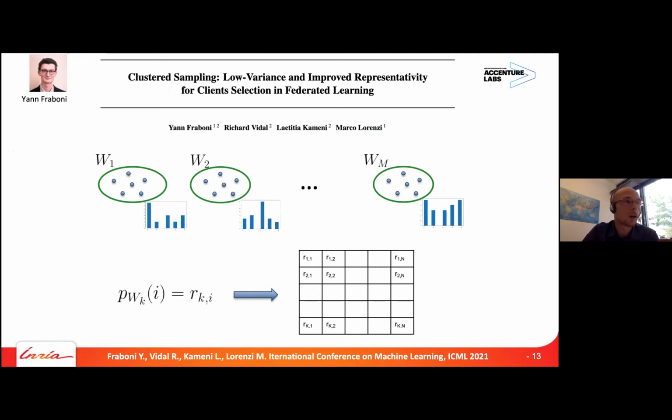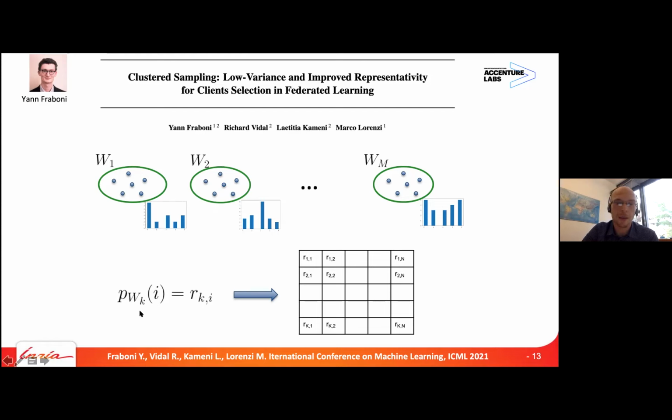The idea is that instead of sampling M clients with replacement according to this multinomial distribution, we define M different distributions, and we select the clients each time based on one of these distributions. So we sample M times, but every time we change the base distribution from which we sample. So we can have different weightings of the clients for every sample. It's a more general case of what I showed you before on the multinomial distribution, right?